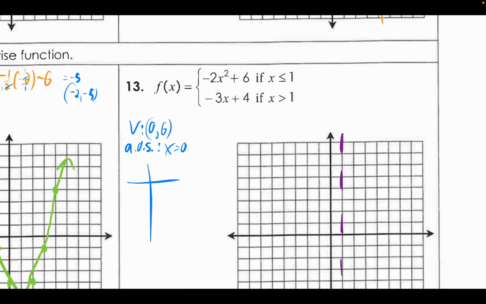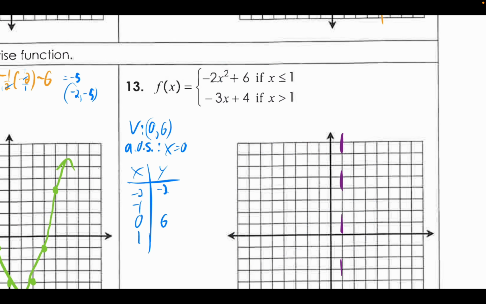And I'm going to make a table here, putting (0, 6) in the middle, but noting that it only goes up to 1. It's not going to go up further. So I'm just going to make a few points on the left. I'm going to make more points on the left this time of the vertex because there's more area on the left of the vertex. I could keep going past -2 if I really wanted to, but I'm just going to stop it there. And so as I plug in these different x values, I get the y values out of